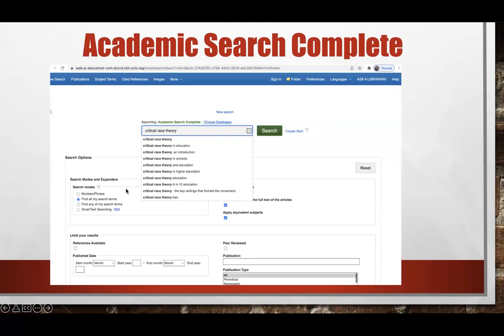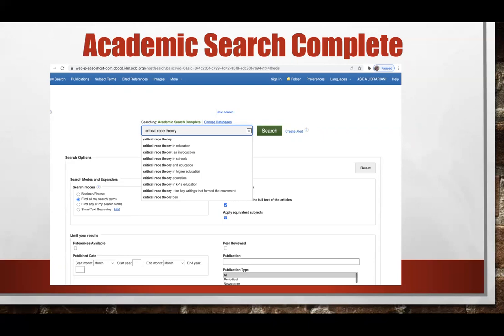So I went over here and I typed in critical race theory. Now, I want you to notice that before I even finished the word theory, it brought this drop down in. Critical race theory, well, that's a very, very broad term.